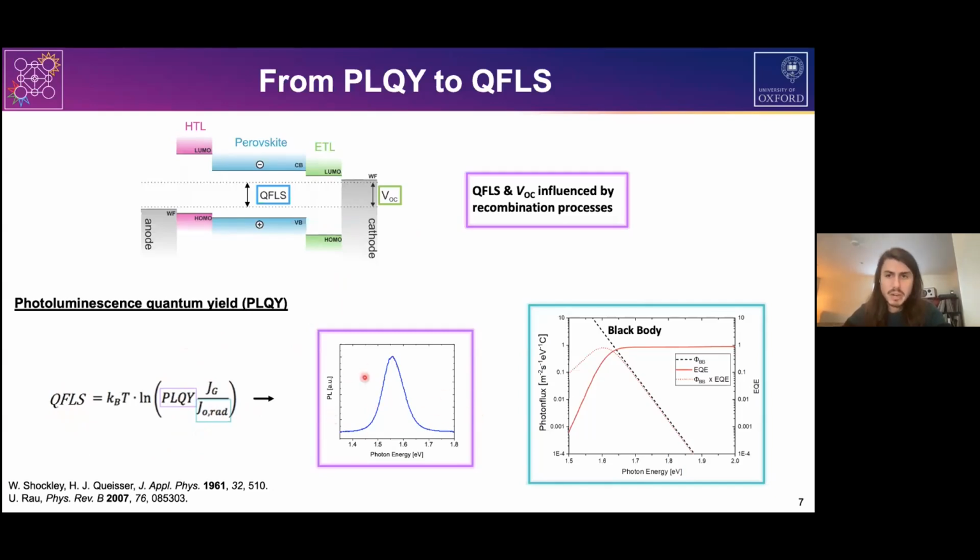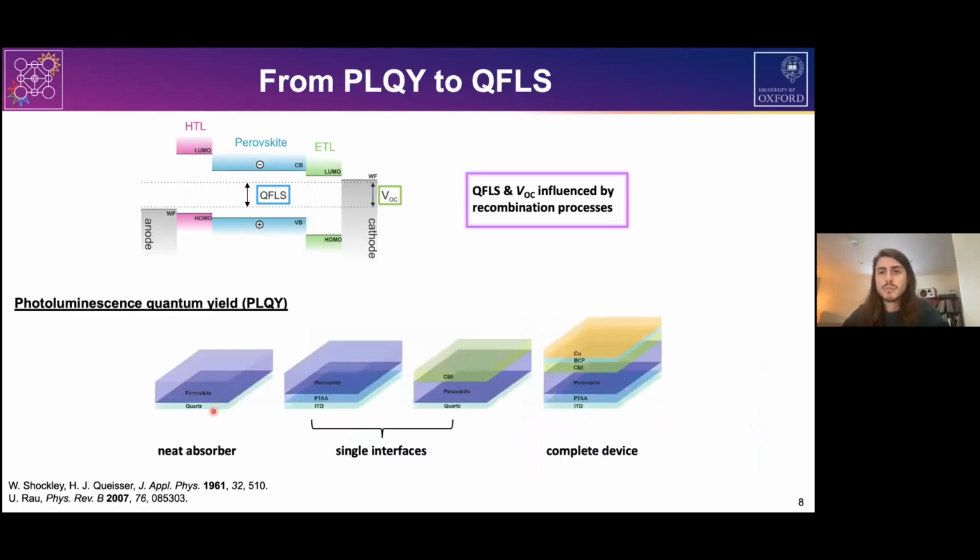So we can directly measure the PIQI of our system, and the J0 rad can be just calculated using the EQE of a solar cell. The beauty of this technique is that it's a fully optical characterization method. So we can access the quasi-Fermi level splitting, not necessarily having a full device stack, but we